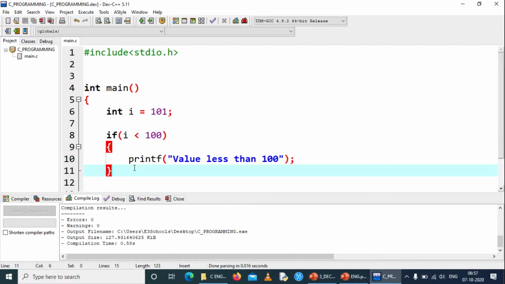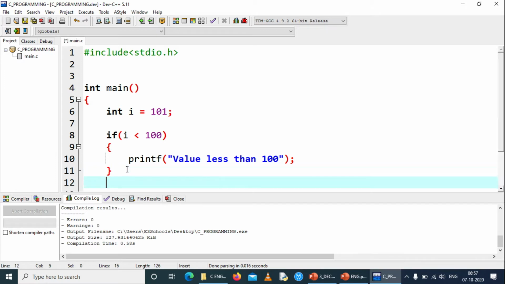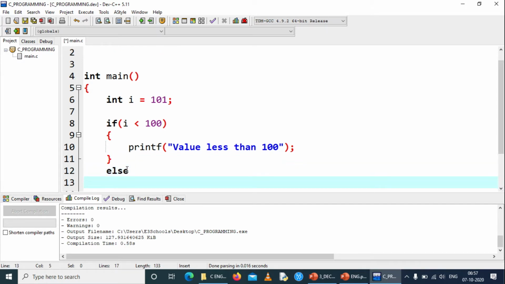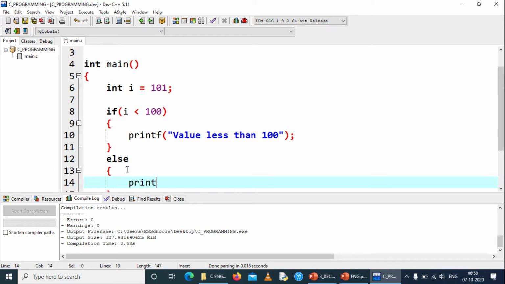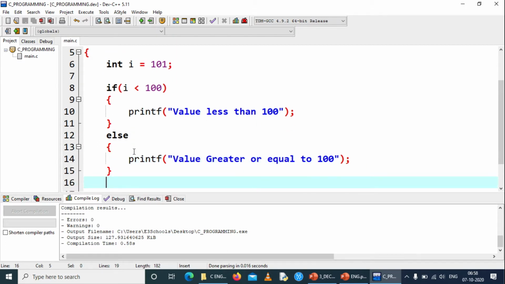We will proceed with the same example. In case the I value is less than 100, it will print value less than 100. Else, in case the I value is not less than 100, print value is greater or equal to 100. So when the value I is given as 99, it will check for the condition. 99 is less than 100, so the condition is true.